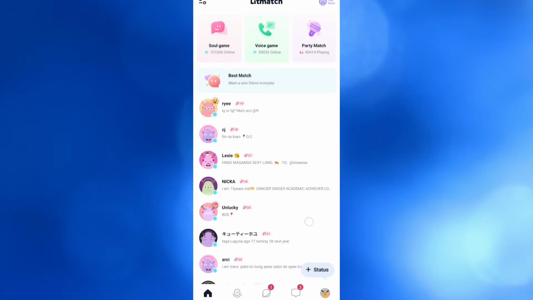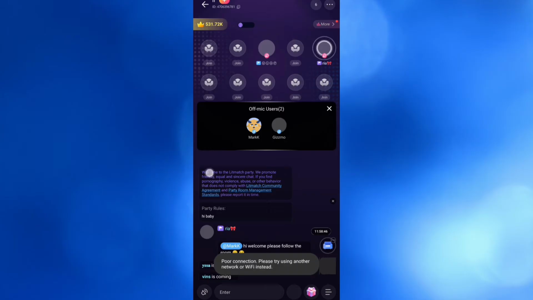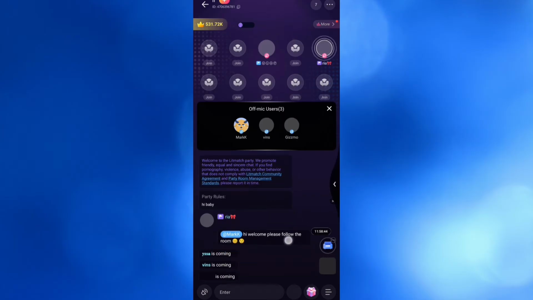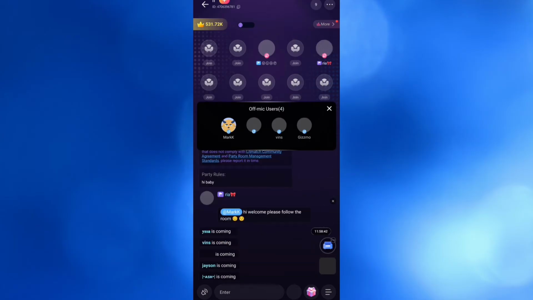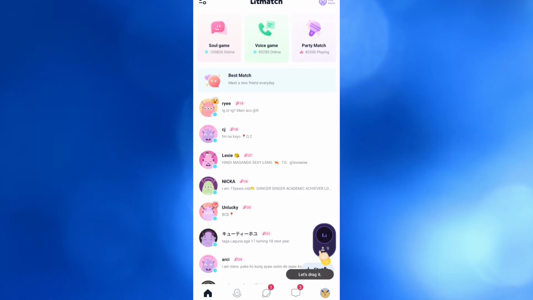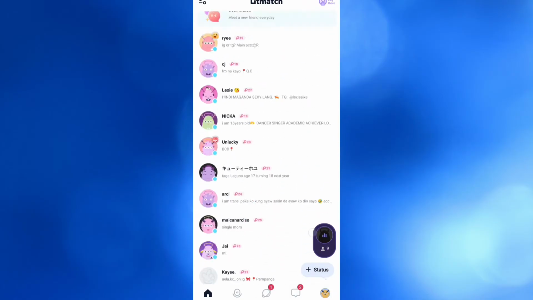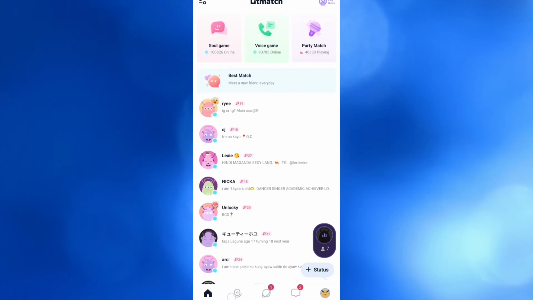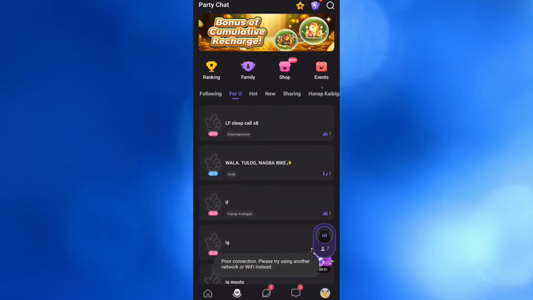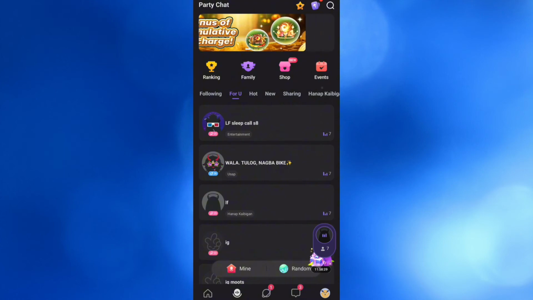So basically, these are the team group voice rooms where users can gather, perform, or simply chat and exchange virtual gifts for a lively and communal experience. And now from here, you could also add a status by clicking the add status or plus status button right here if you want to. But going back in here, you could also navigate to this party chat option, in which it